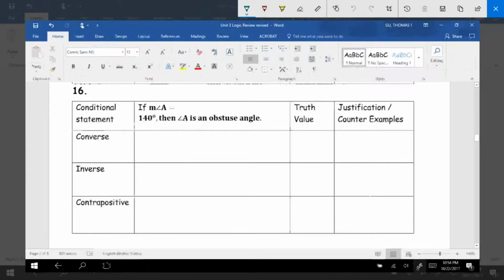All right, for number 16, we're doing the same thing. We're going to write the related conditional statements, and then we're going to tell the truth value, and if it's false, we're going to give a counterexample. So our original conditional statement is: if the measure of angle A equals 140 degrees, then angle A is an obtuse